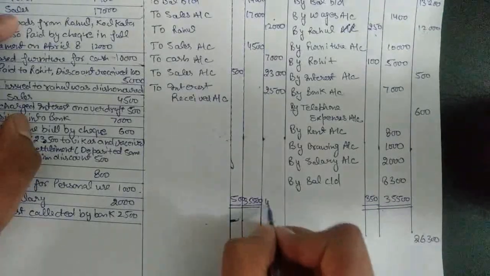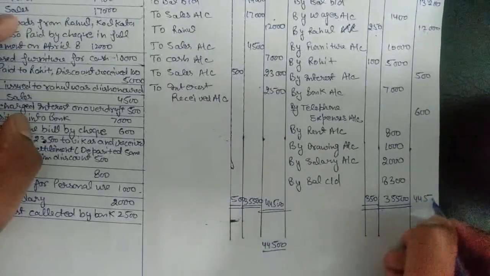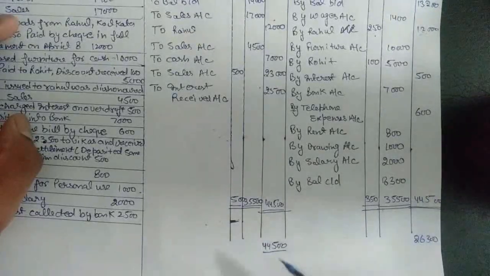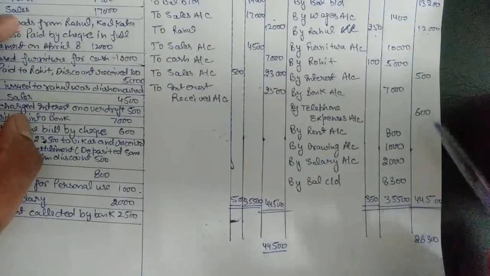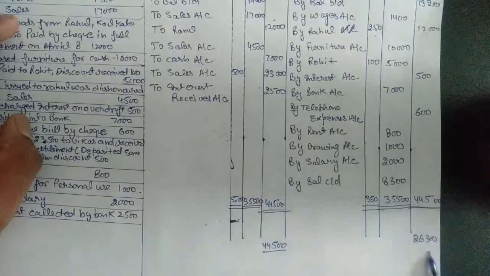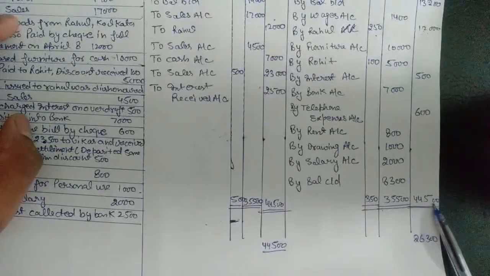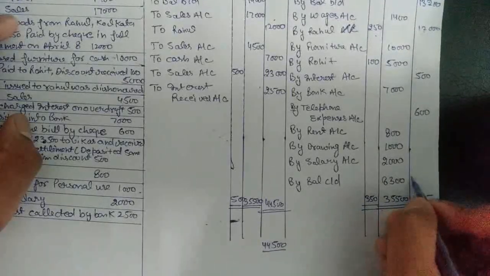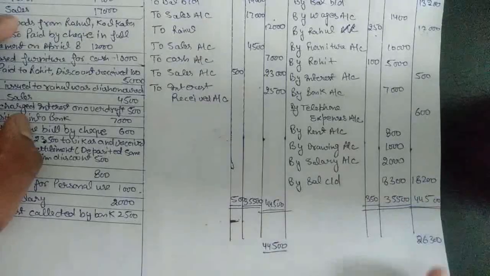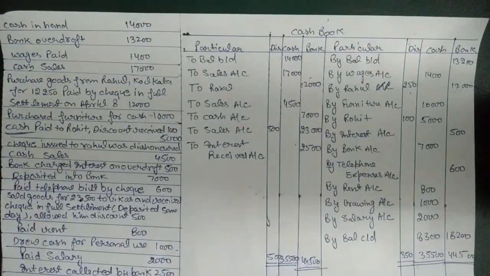44,500, 44,500. So we got the balance. This is the highest balance that we have. On the other side, the sum of the credit side is 26,300, that we need to deduct from this highest balance from the debit side. So the remaining balance would be 18,200. So this is our third question on triple column cash book, in which we got two new entries, that is